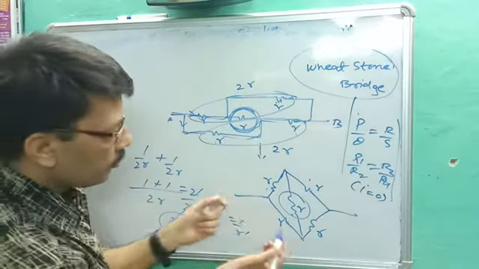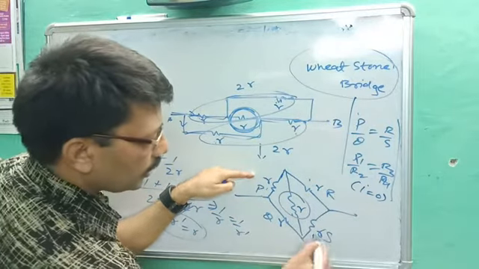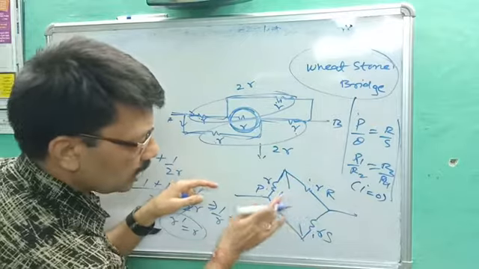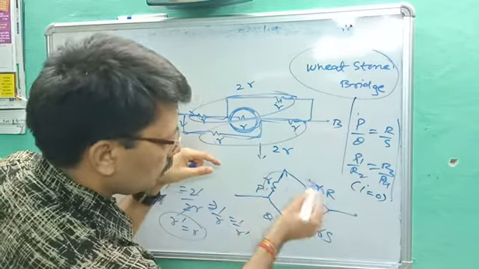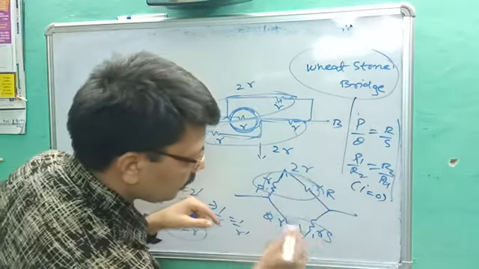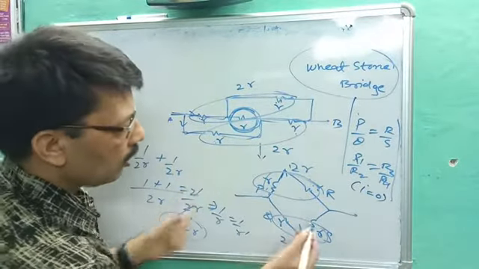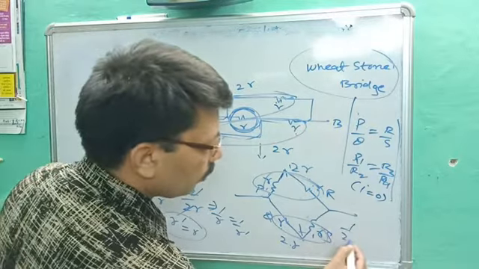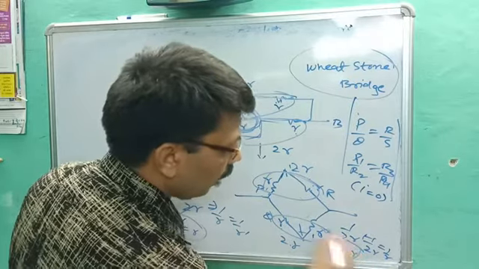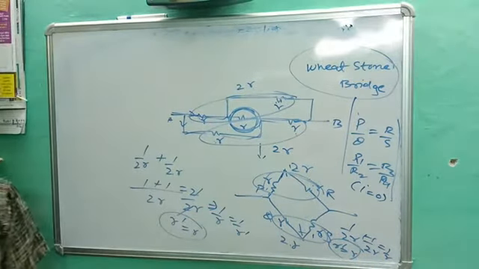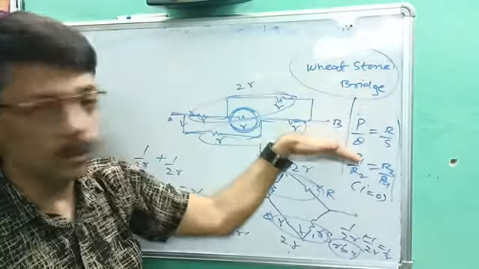Similarly here, if P upon Q is equal to R upon S, no current is drawn through the middle one. It means it is useless for you. No current drawn means it will not be counted. So directly in series, it becomes 2R. Here in series it becomes 2R and they are in parallel. So 2R in parallel, no doubt its answer will be 1 upon 2R plus 1 upon 2R. So it becomes 1 upon R. So R dash is equal to R. So our answer will be R. Okay, so this is the point for the Wheatstone bridge which follows the condition P upon Q is equal to R upon S.